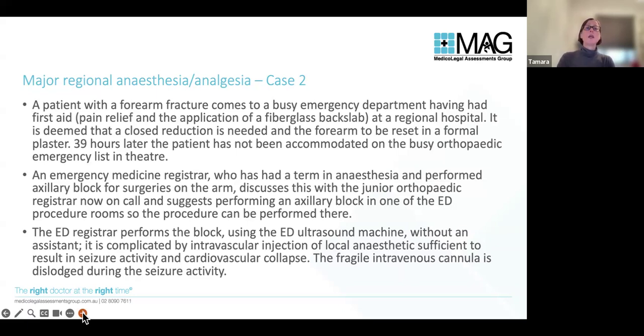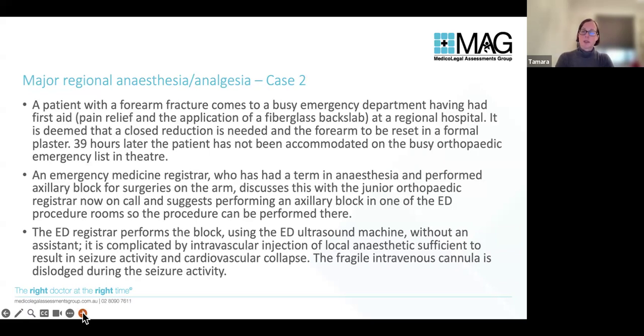which is fine in itself, but unfortunately injects some of the local anaesthetic into the vein, the large axillary vein. Now, it's not uncommon for that to happen, but if you have an assistant, you can aspirate easily and be more likely to avoid seeing any blood in your syringe. So a failure there has contributed to that.